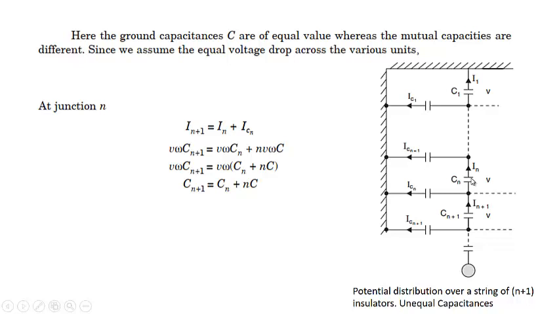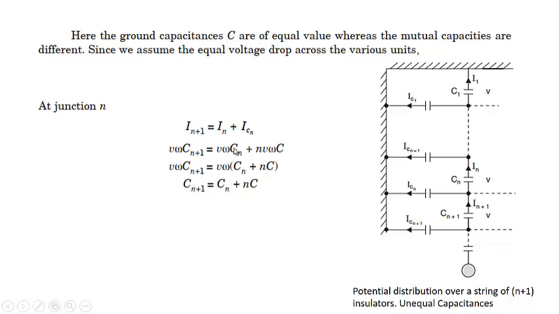So what will be the current In in terms of Cn and V? It will be equal to V into Cn into omega, that is V omega Cn. Similarly, the current flowing through this will be equal to the total voltage across this string, that is NV multiplied by omega C, because we are assuming the capacitance of these strings is equal to C. So eliminating omega V and omega V, we are left with